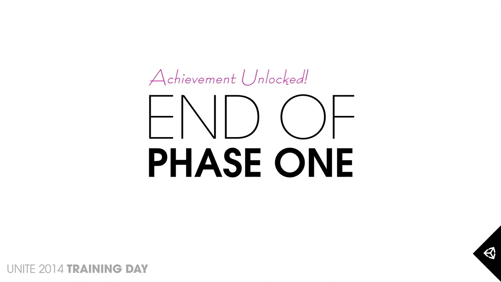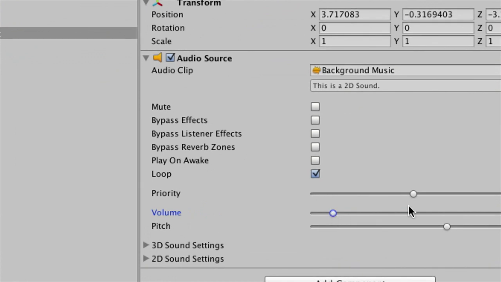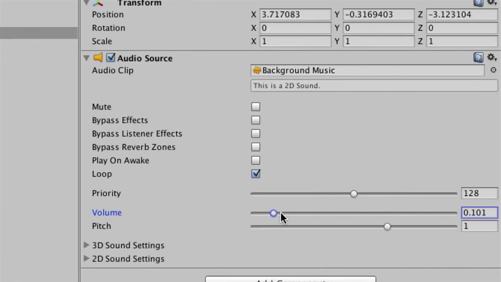But before we do move on, James has something to say. It's going to be too loud and overwhelm all the other sounds we have in the game if we leave it at one volume. So one volume is 100%. So we're going to turn it down to 0.1. Good point. So, in the volume, on the component, there is a slider, and we can just drag that down to about 0.1. That's just to balance it with the other sound effects that we have in the game.